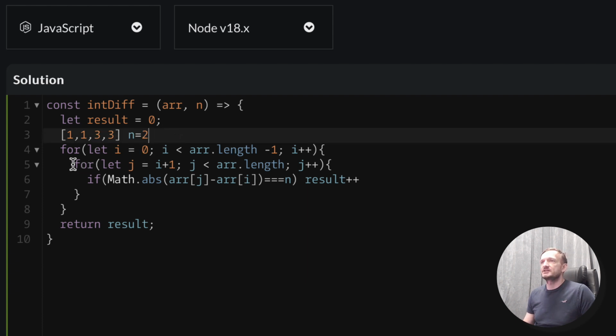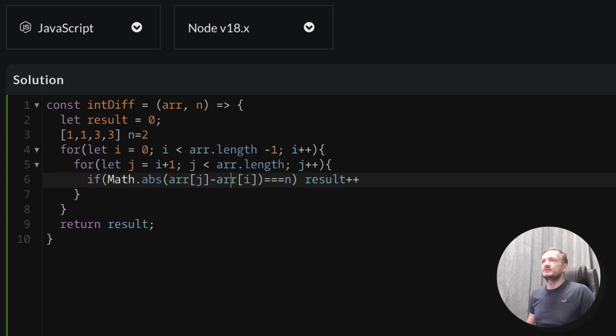Then we instantiated another for loop and started to check. So the first iteration was i equals 0, so we took this i, and the inside iteration was j, i plus 1. So we compared this with this, and we were checking if the